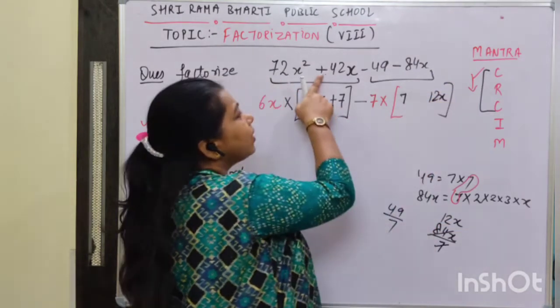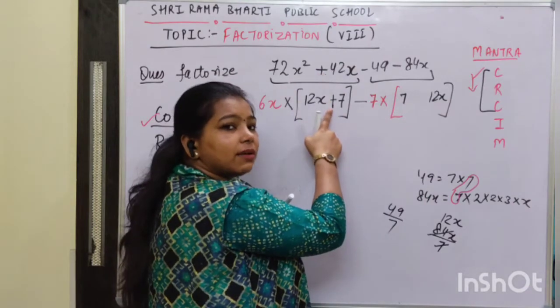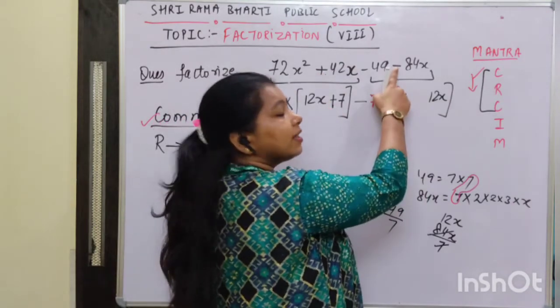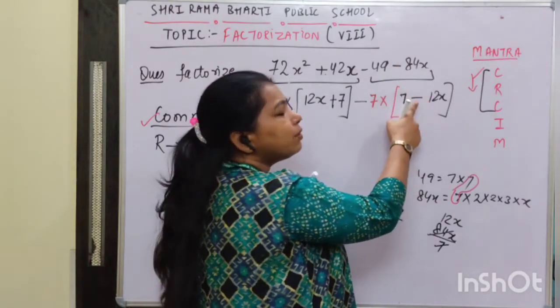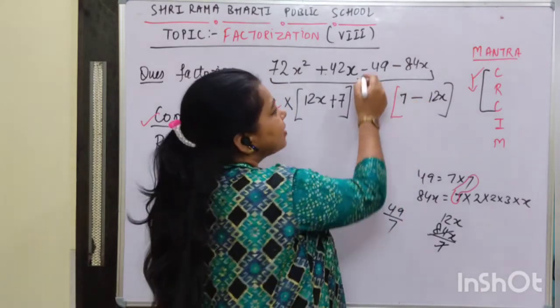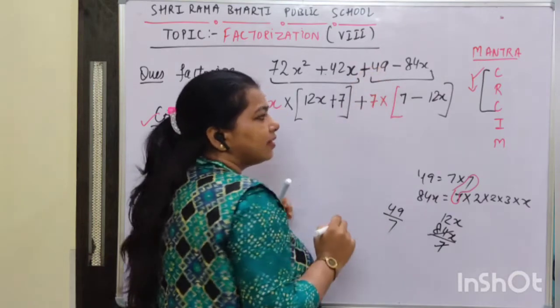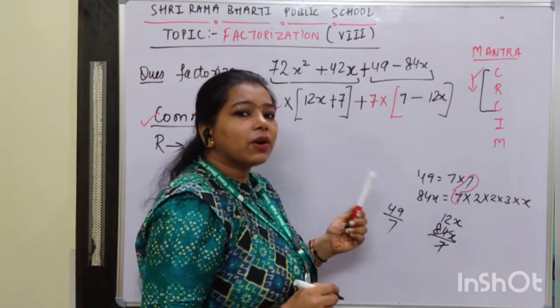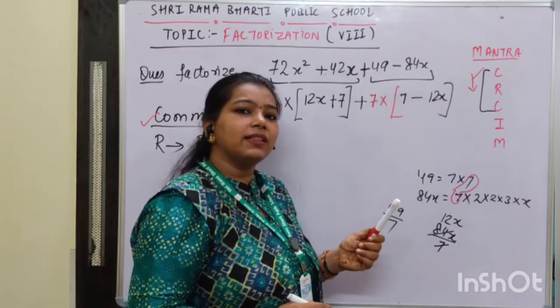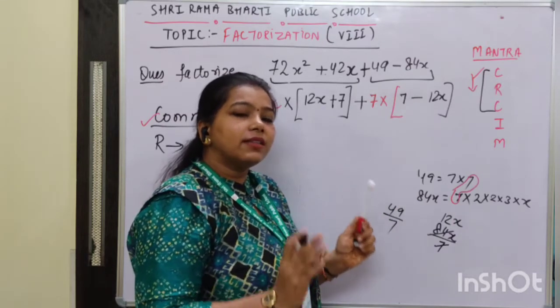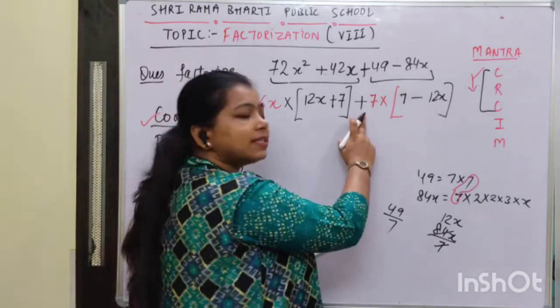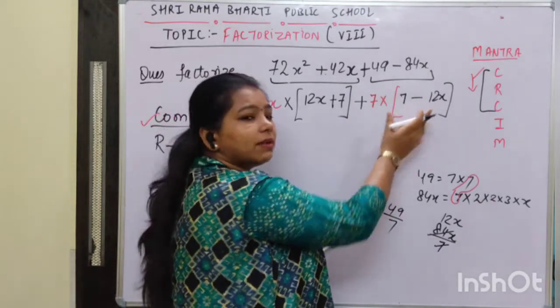Now as I told you, here is a plus sign, so we have put the plus sign. But here is a minus sign, so we have to put a minus sign. Yes, we can put a minus sign if there is a case of plus here, right children? Why? Because as we know, when we are multiplying the number, the sign will also get multiplied. So here we have to keep this thing in mind. When the plus sign is outside the bracket, the sign will remain same.